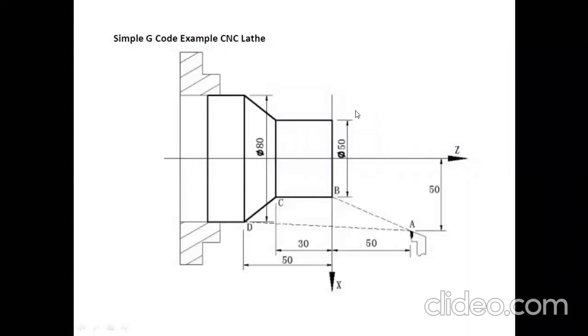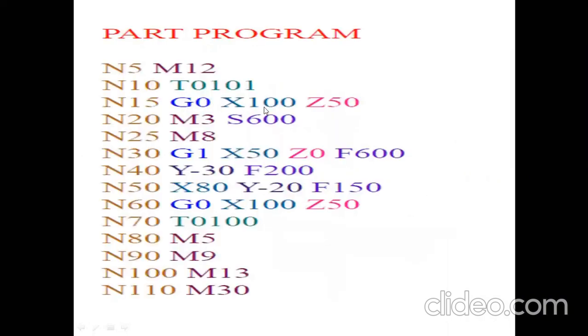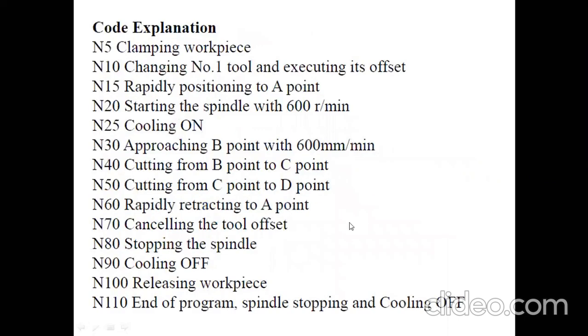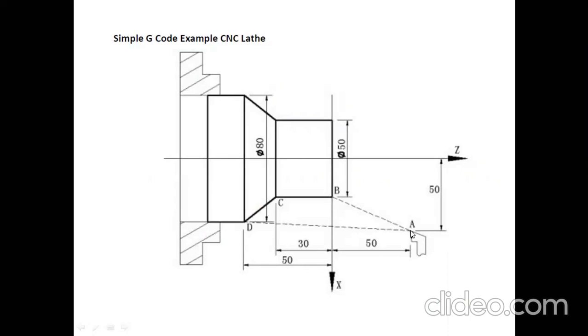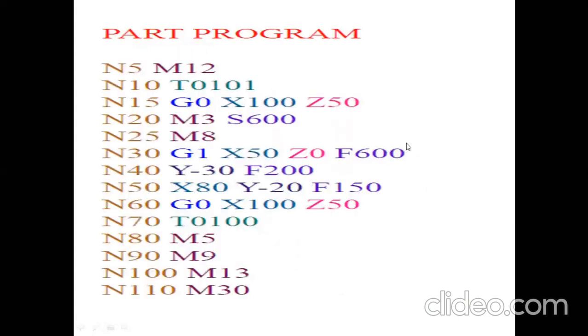Okay. Thank you, Shubham. So the tool is moving from the home position to the working position at point A, represented by this third line, which is G00, X100 and Z50. It is also mentioned here that at position A, the Z distance is 50 and the X distance is 50 plus the upper 50, so the X distance covers the diameter. Its distance is 100 mm.